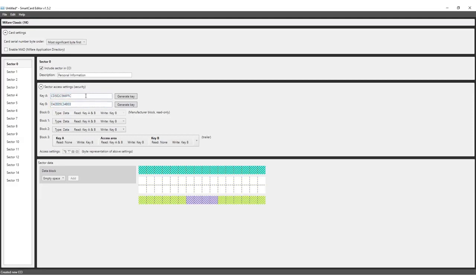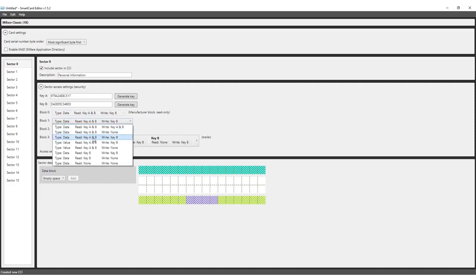Sometimes, these keys are defined by the security or payment system you use in your organization. You can add these keys to the fields manually as well. Note that the key will always be the same length, 12 characters. The next couple of drop-down boxes allow you to determine how to use the keys to access your data. For example, you may choose to allow both keys to read the data from the card, but not allow them